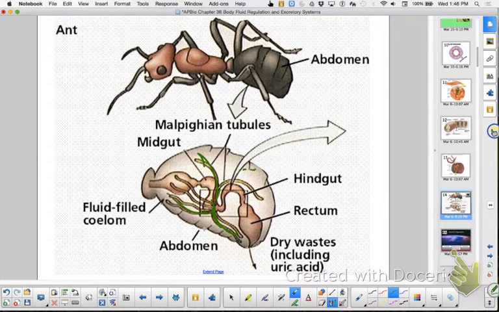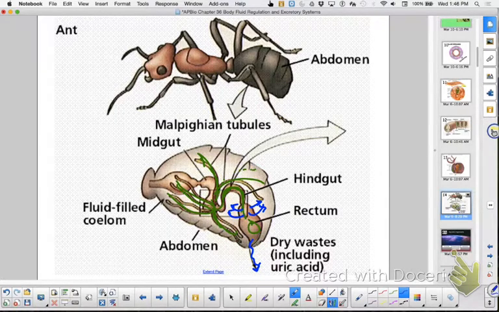Once again, it's going to be picking up waste, but also water from their hemolymph, and then moving through the hind gut and intestines, kind of like a precursor to that, and then you have a rectum. Anything that the body wants back, like water or any nutrients, can get reabsorbed, and then whatever is left over